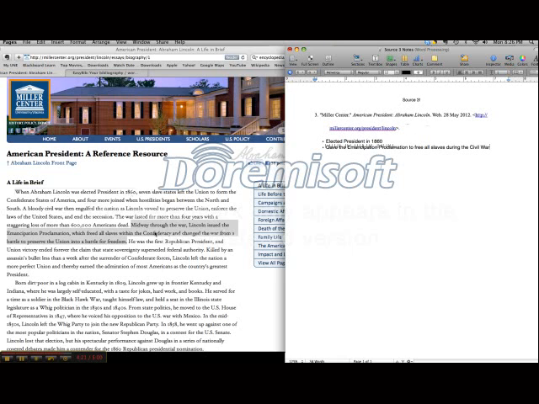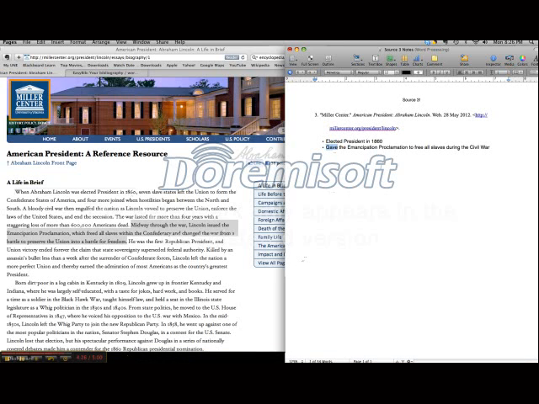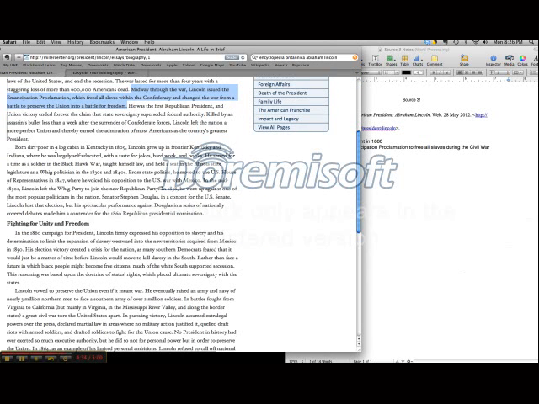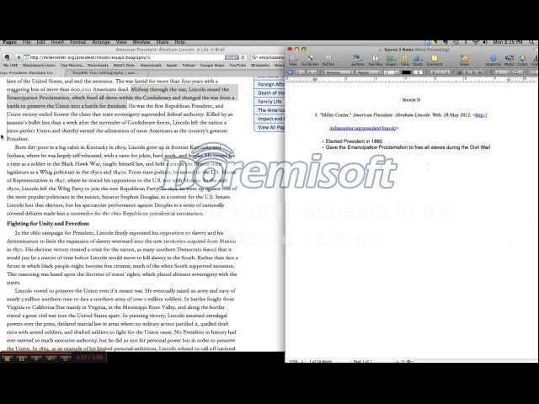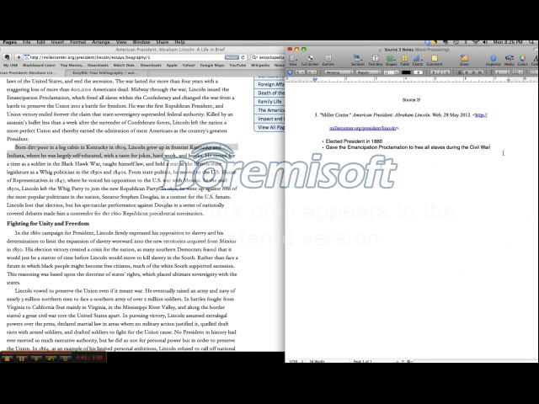All right, now when they said issued the Emancipation Proclamation, that could mean gave or it could mean other things. I could look that up in the dictionary, but I'll probably save that for later. Looking down here, it looks like the next paragraph is about his early life. So he was born in Kentucky in 1809. Now, I'm not going to copy down dirt poor in a log cabin because that would be plagiarism. What I do want to copy down are the important facts there. So born in 1809 in Kentucky, his family was poor. Those are my own words, my own info. And that's the basic